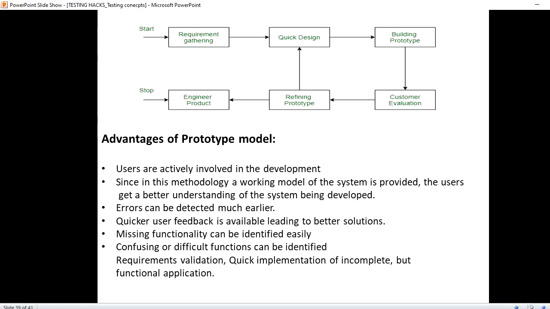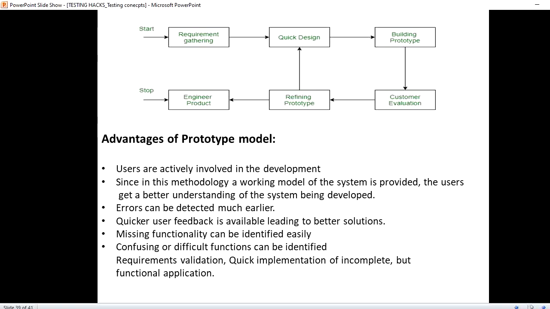Also, errors can be detected much earlier, because if anything needs to be changed or any error can be fixed at the prototyping stage itself, that helps in real time while preparing the real project. Quicker user feedback is available, leading to a better solution. Missing functionality can be identified easily.